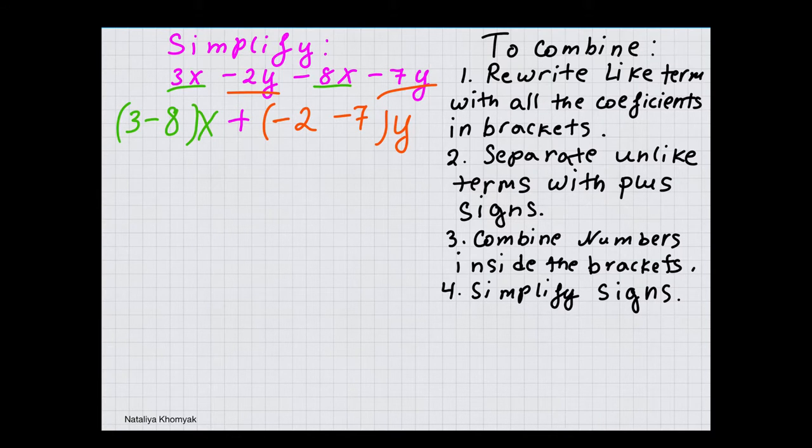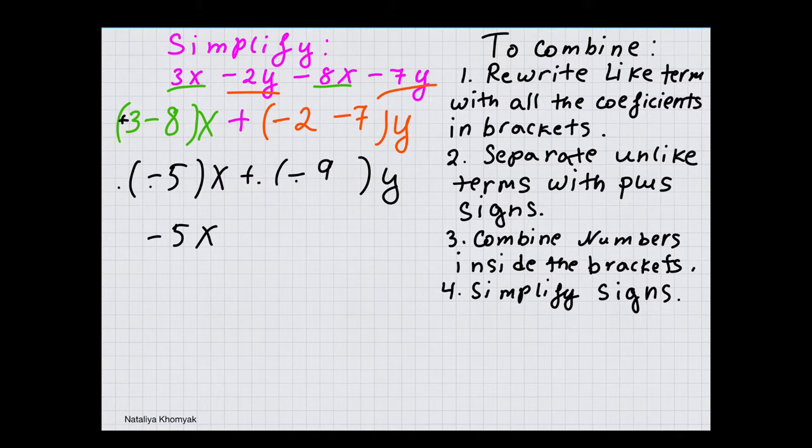On the next step, you want to combine numbers inside of the parentheses. 3 minus 8, 3 is positive, so the difference is negative 5x, plus, we have same signs, so the sum of negative 2 and negative 7 is negative 9. And now we just have to remove the parentheses. We have positive times negative, negative 5x, positive times negative,